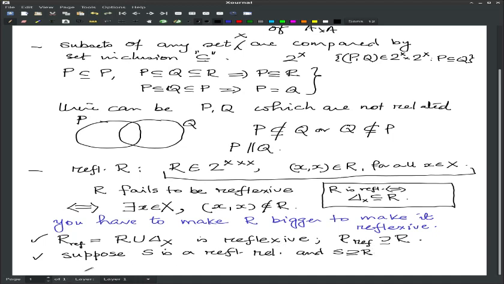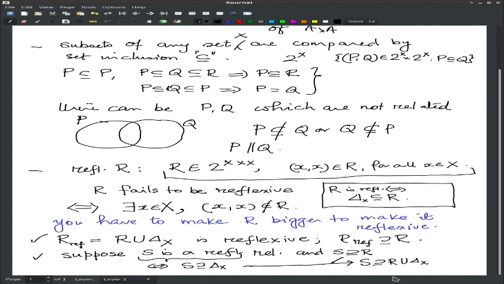So then, since you have told me it is reflexive, it already tells me this part is equivalent to saying S contains the diagonal. And therefore, from this and this, these two imply that S contains